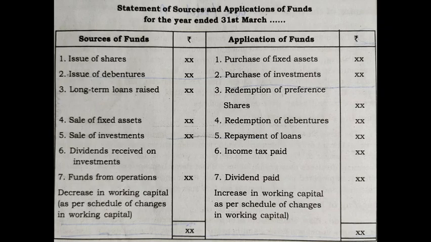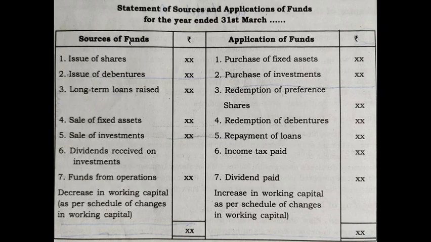As I have mentioned earlier, source represents all those transactions that led to an increase in the cash or money in the hands of a businessman. If you are a businessman, remember like this: all those transactions that led to an increase in the cash balance in your hand is considered as a source. All those transactions which led to the decrease in the cash balance of a businessman is considered as an application. Now we will just go through the items in this statement. You can understand the concept.